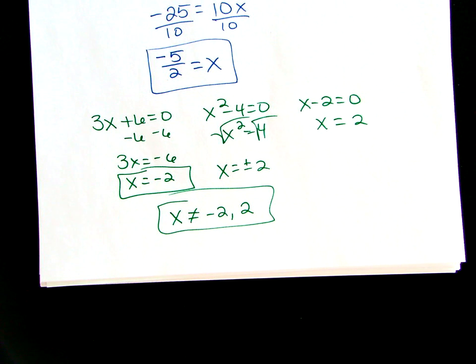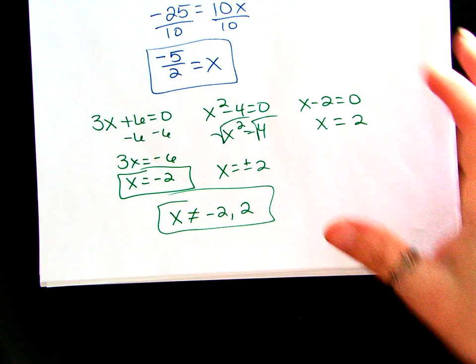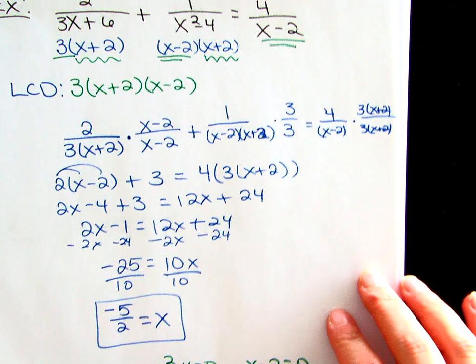So you do have to watch out for those when we talk about rational functions or rational equations. Are there any questions on that one? That one's about as hard as it gets in terms of the complicatedness of finding your least common denominator and everything like that. But again, even though our denominator was more complicated than like 2 and 3, what we ended